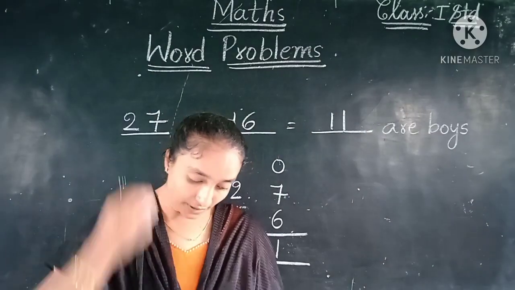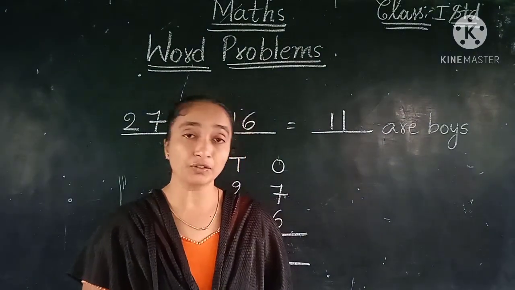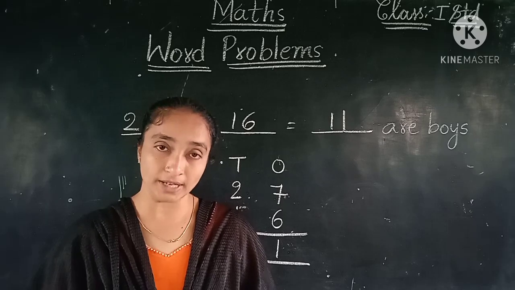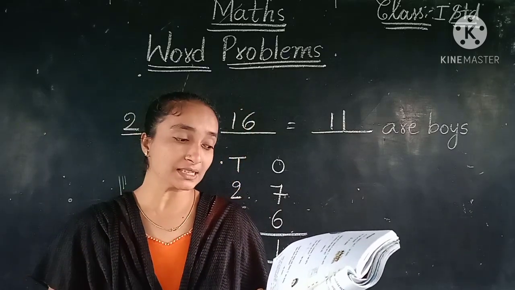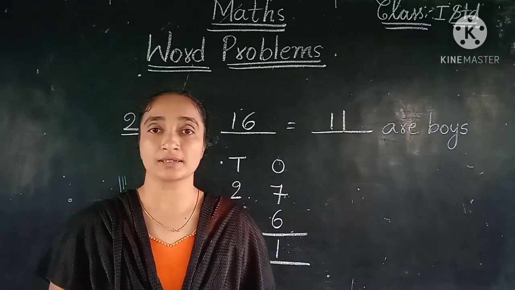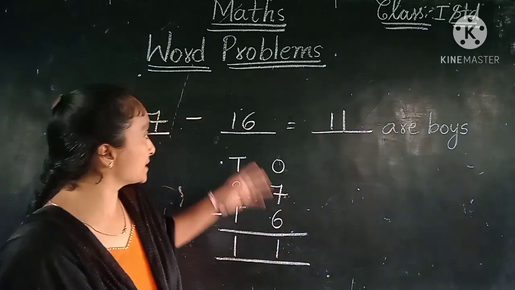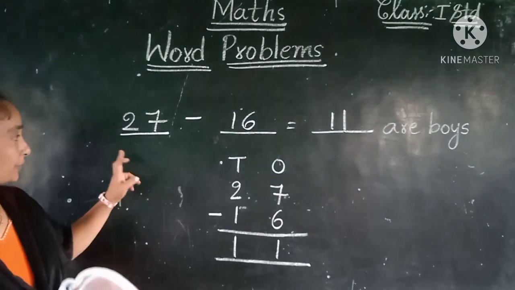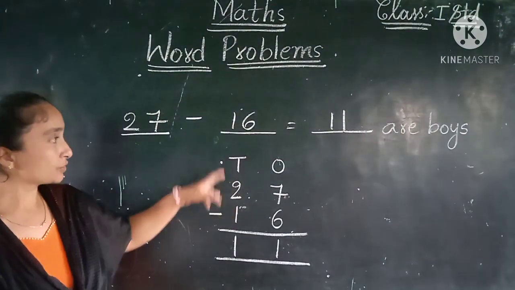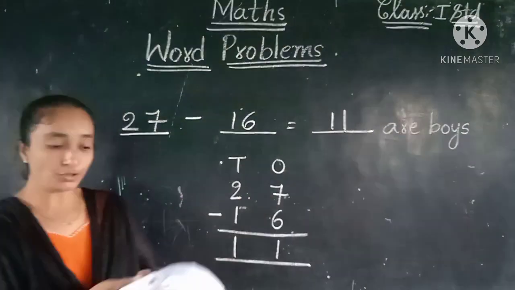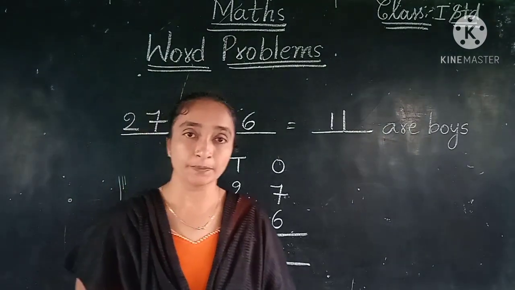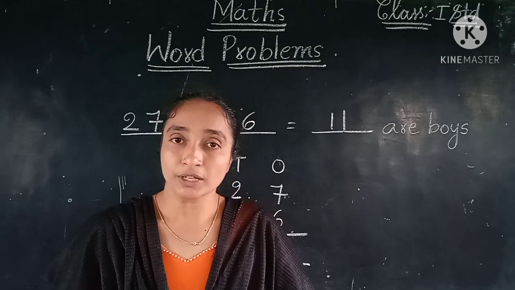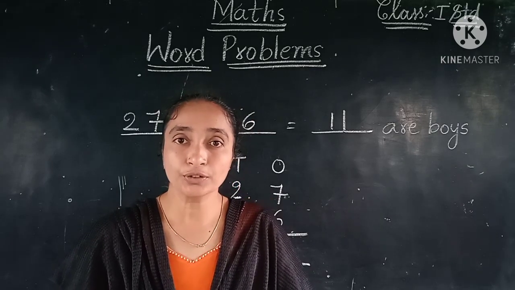So here we can see, children, they have given the problem. There are 59 desks and chairs, and from them 27 are desks. How many are chairs, they are asking. The same way you can write here: the first, 59, and the 27. There you can do the vertical form. Here they have already given the vertical form, so you can do the calculation very easily. In the same way you can complete all of this. Hope you understood, all of you. Thank you.